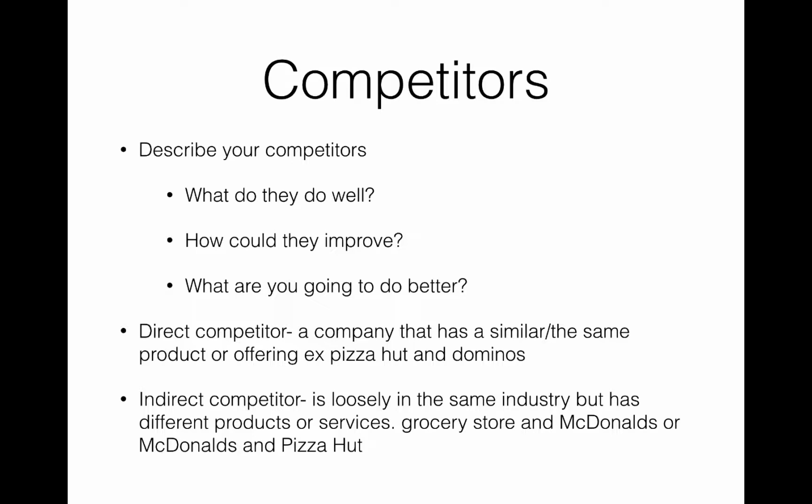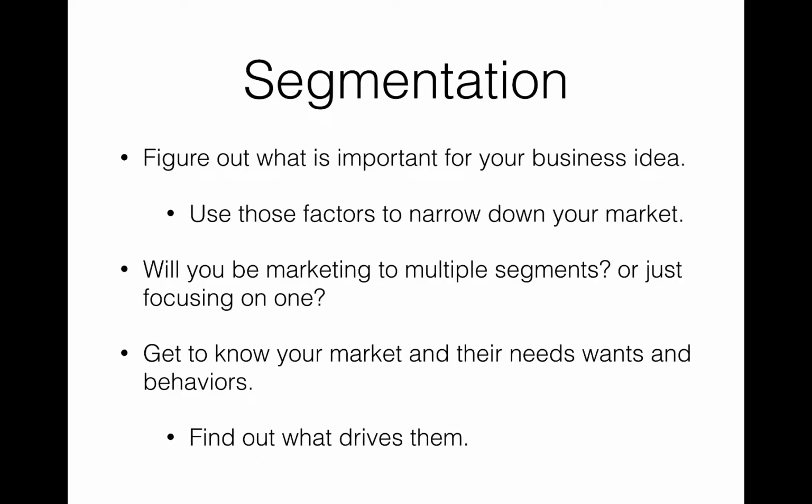If you're talking about, let's say, a surf shop and a women's clothing store, those are going to be indirect. If you're talking about, let's say, a women's clothing store in the area and Target, those are going to be indirect competitors. Okay. So I'm hoping that this all kind of makes sense.